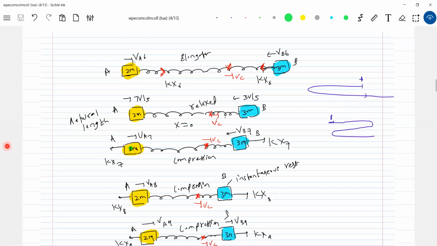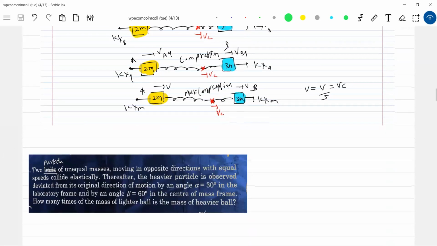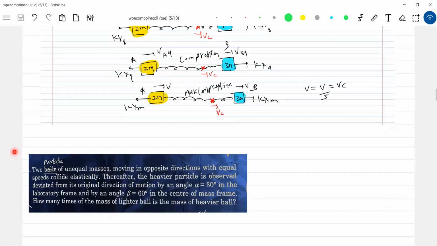But what I'm saying is that at maximum elongation or compression, the blocks will have common speed in the lab frame. Okay, that is correct. There's a generalization. Then the maximum speed of the blocks will occur at the natural length of the spring. And in C frame, it'll be very easy to find out. There's the idea. I've given the total sequence that is there. You can just take help of